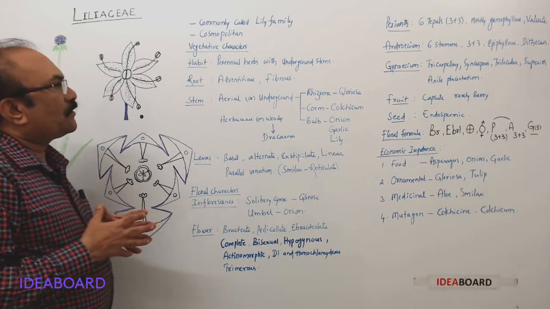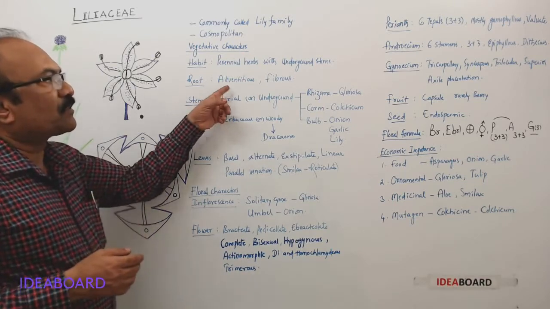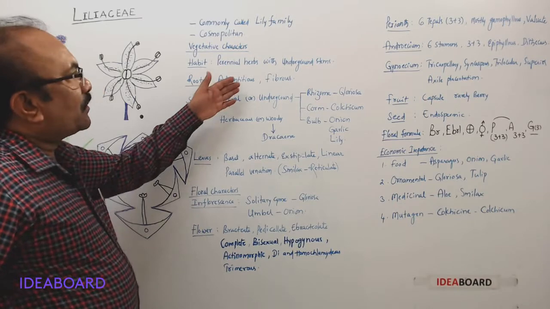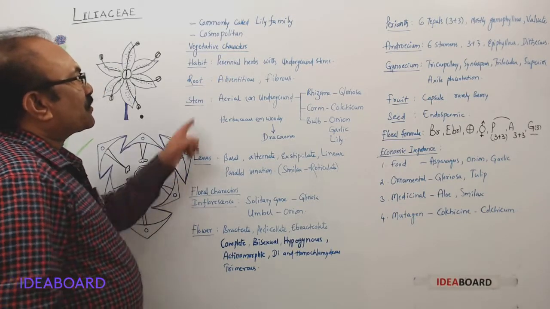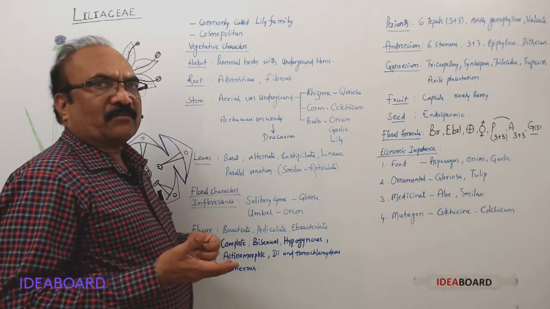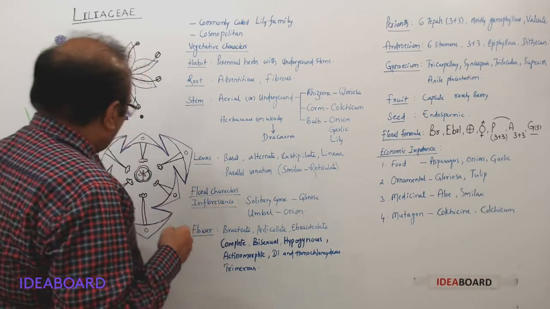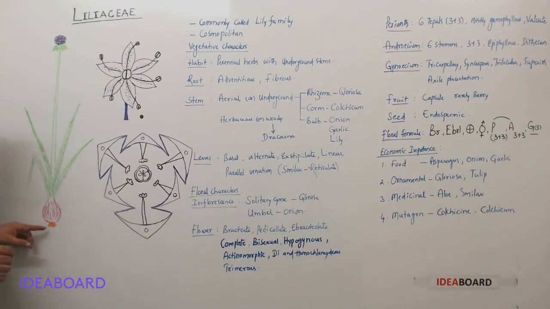Being a monocot family, what type of root system will we find here? Adventitious root system, or fibrous root system. Of course, here I wrote adventitious, comma, fibrous. Fibrous roots are nothing but adventitious, because they originate from the base of the reduced stem. You can see here, this is onion plant. This is the reduced discoid stem, from the base of which you can see these adventitious roots, which look like fibers, so fibrous roots.